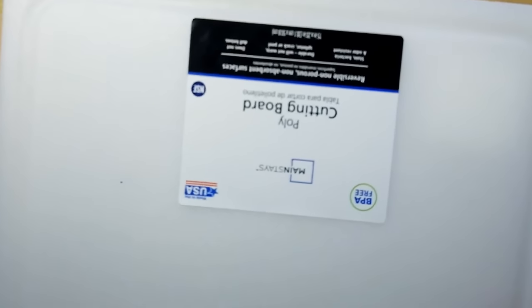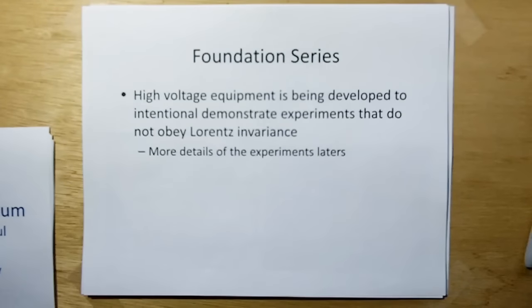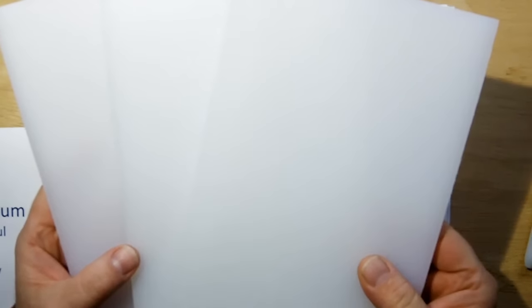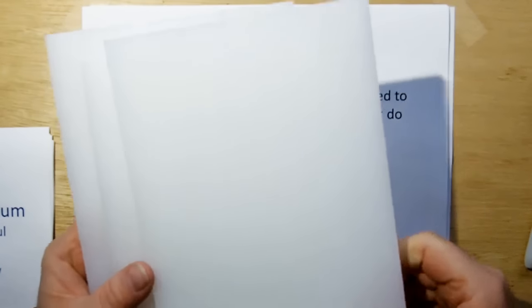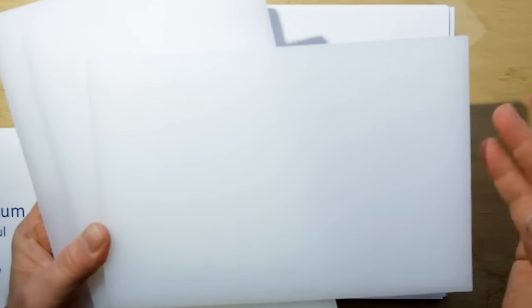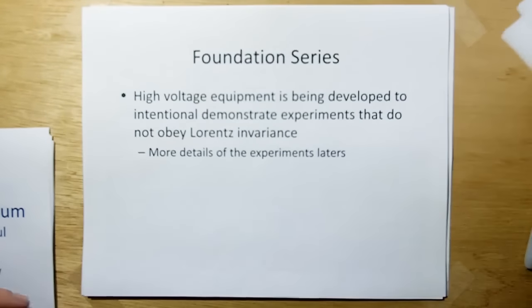But what I've done is I decided to use these cutting boards that you get for $12 at Walmart because I need something to build these high voltage experiments on that are insulative, and also to make the experiments more modular. For example, what I've decided is to cut the boards up into subboards that are multiples of 3 inches, 3 by 3 inches. That way I can have a 3 by 3 cube with one thing, a 6 by 6, a 6 by 9, whatever. The reason for that is because the boards are pretty much almost exactly multiples of 3 inches in both dimensions, so it makes efficient use of the material.